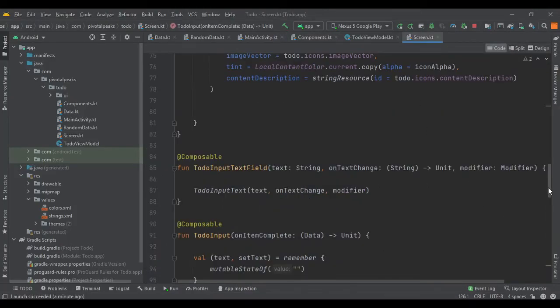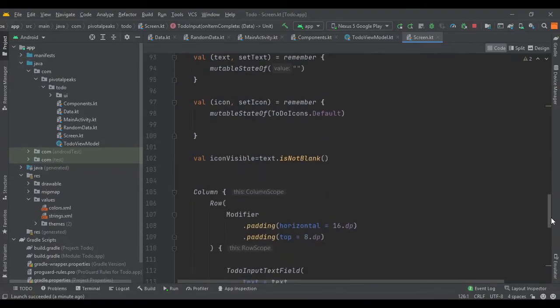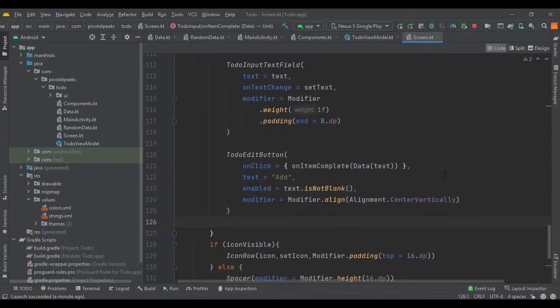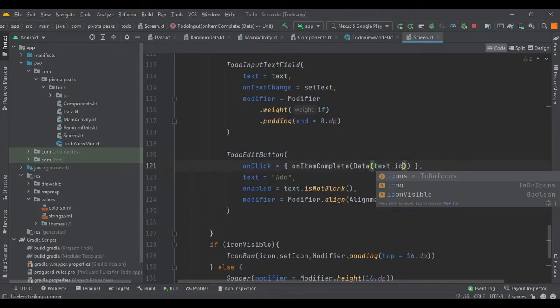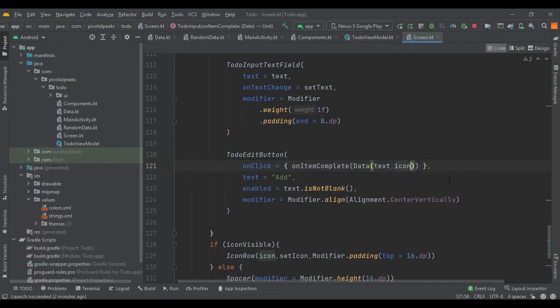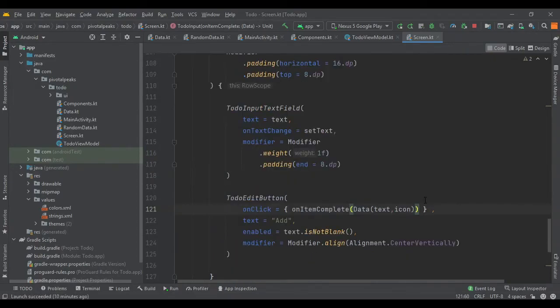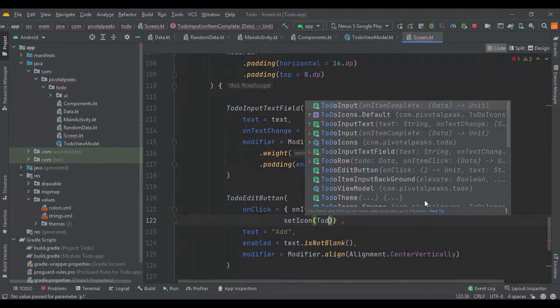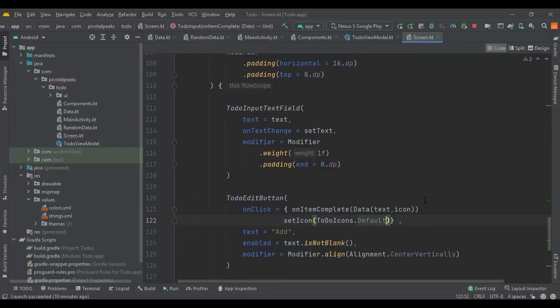We need to go to our edit button, and here we need to pass the icons as well. So icon, and we also need to pass the set icons function. So let's do that. Icon, and pass the ToDoIcons dot default value.